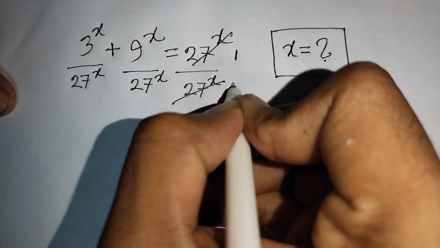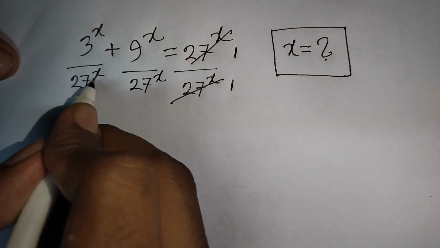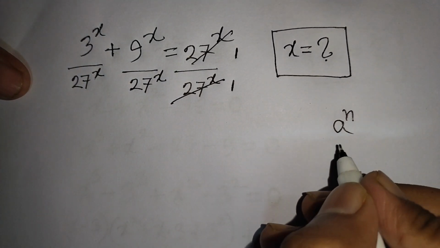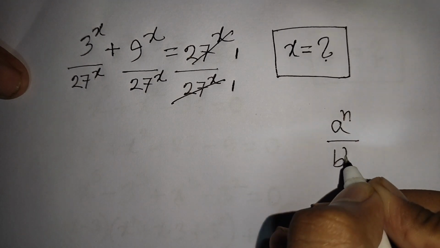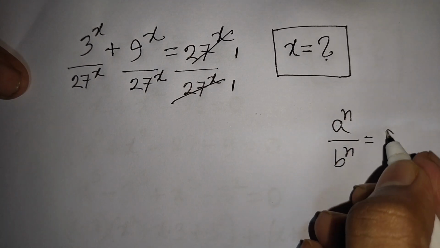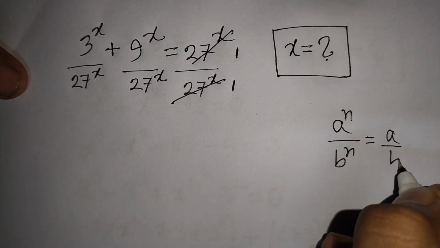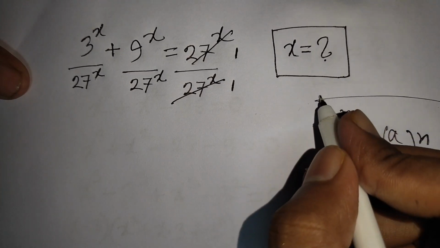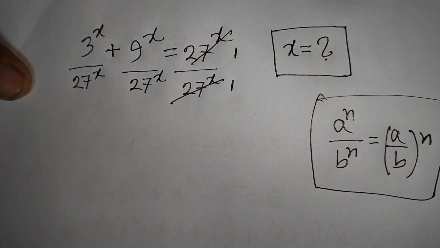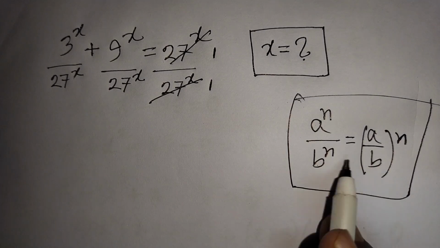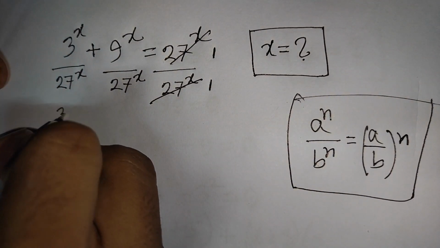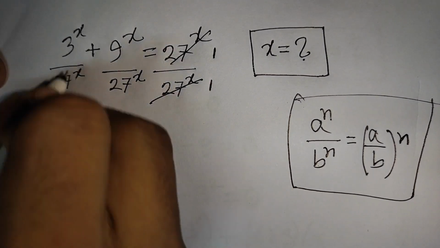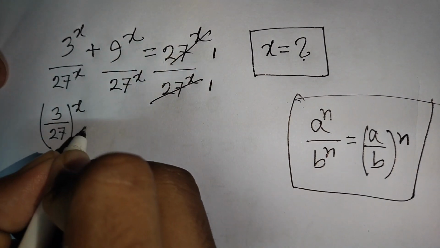Now we see x has the same power but different bases. So remember this exponential rule: a power n over b power n is equal to (a over b) bracket common power n. According to this rule, I can write here 3 over 27, then bracket common power x, plus